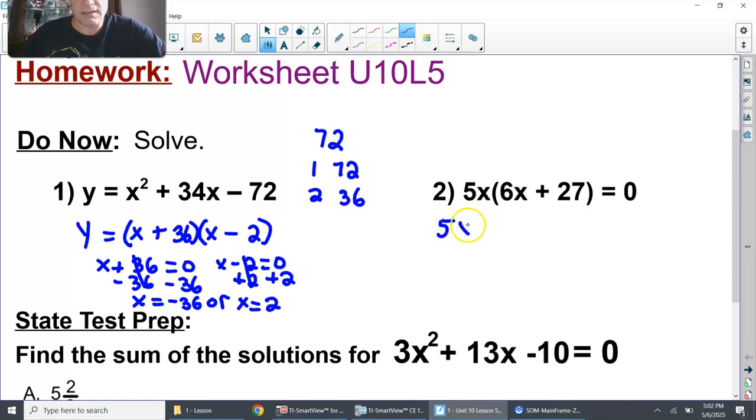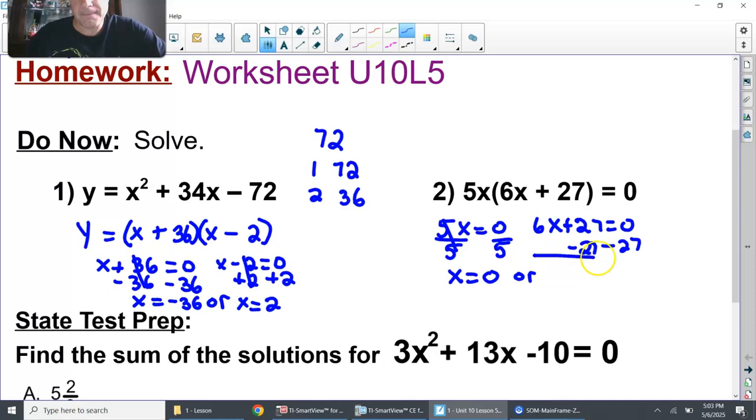2 is already factored out for us, so this is pretty easy. You're going to take this first term here, 5x, set it equal to 0, and then 6x plus 27 is going to be equal to 0. So we're going to divide by 5 on both sides. X equals 0, or, and then we're going to subtract the 27 on both sides. This cancels. You're going to have 6x equals negative 27. You're going to divide by 6 on both sides, and x equals